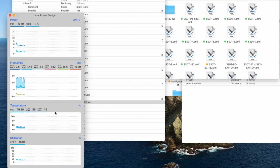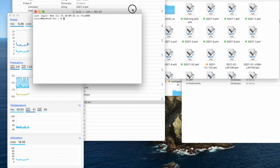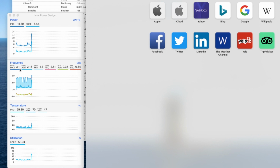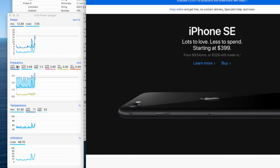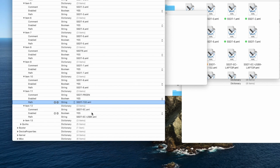Okay, so if you want to do something, it's going to jump up to 3.4. Let's do something. So you go to 3.1 now. You go to Apple. You go to 3.4. See that? So it's called SpeedStep, and that's working. You want to make sure that we have the